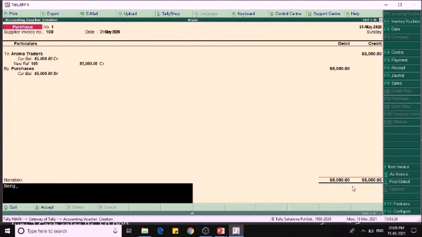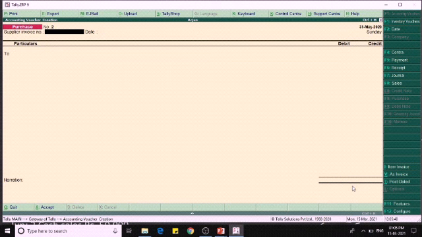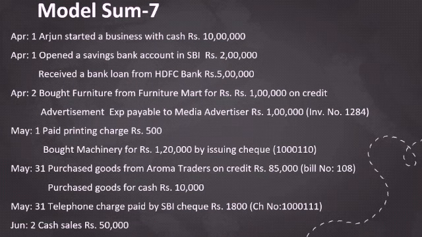Being goods purchased on credit from Aroma Traders. And then the next one is purchased goods for cash, rupees 10,000.